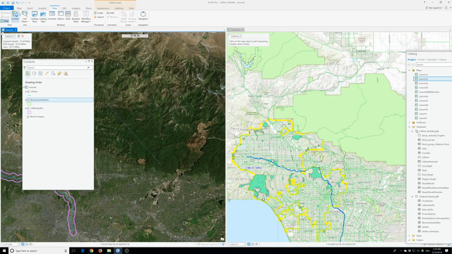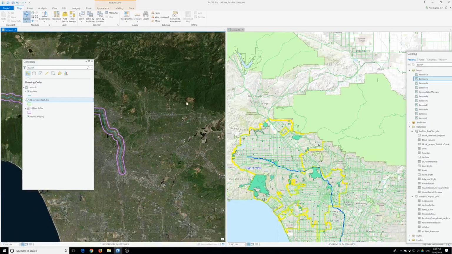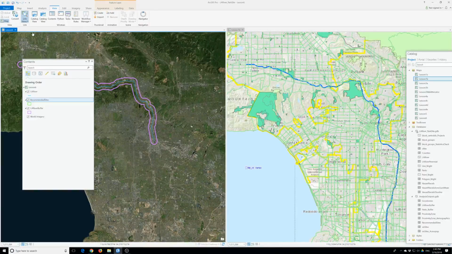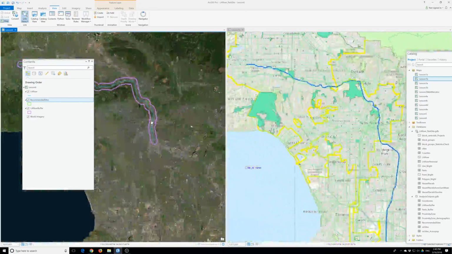Okay. I don't want the measure tool. That is so weird. Go back to Explore. It's not linked. Yeah. There. So now it's linked and